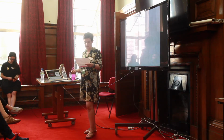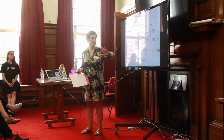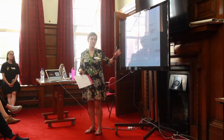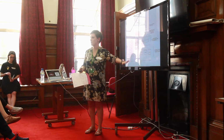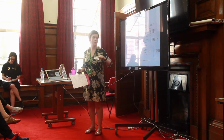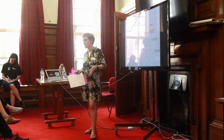Then the other way we're looking at this is the architectural approach, which is basically quite similar. So this is the ideal technology diagram that we would aspire to. We've got all these systems in all the different councils, and it would be great if they were all a consolidation, a shared stack, maybe in the cloud, shared maintenance, shared development, same management tools. But to get there, we can still look at development principles, a common approach, and a development life cycle. So we can still start saying, if your systems are different, you can still have the same approach to managing data. You can still have the same approach to security, the same interoperability between the systems,